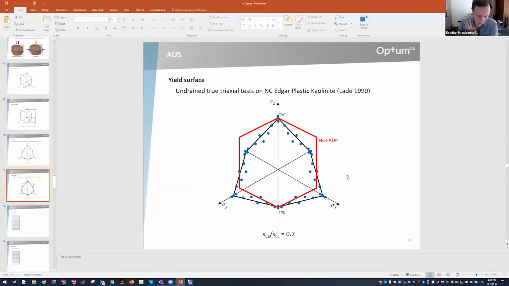So what you're saying is that the red line here is how the NGI ADP model would fit to the data. That's right, yes, and the blue dots are the data. Why is it not fitting better? Because